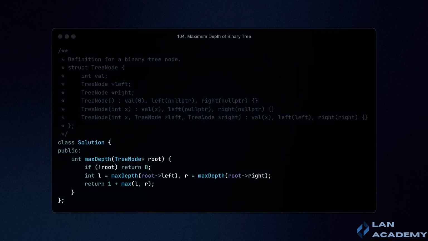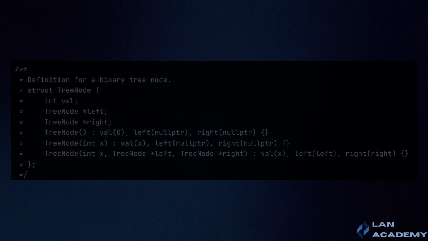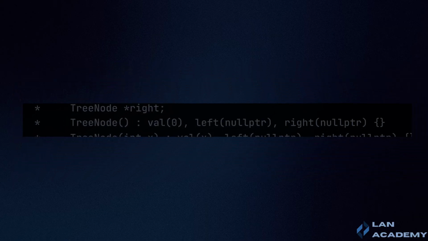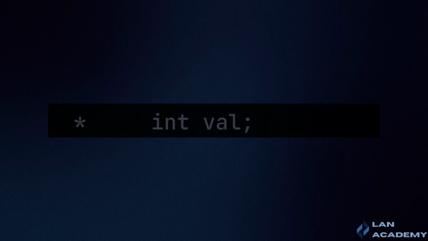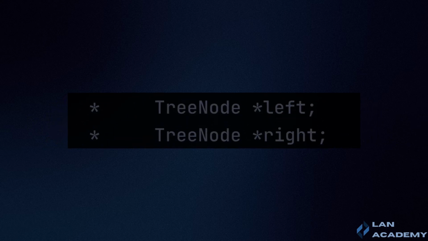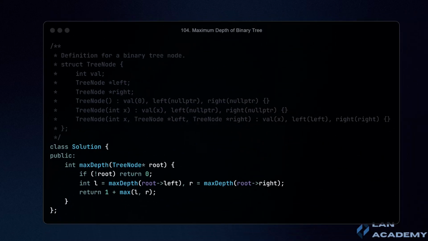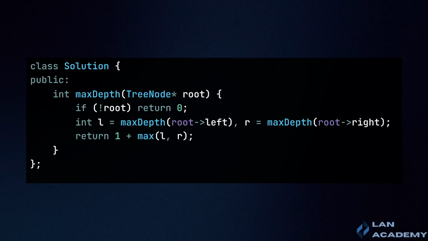In the TreeNode class, we get a node of the binary tree. A node has three parts: val, left, and right. Val is an integer value that stores the value of the node. Left and right are two pointers to the left and right subtrees. The two pointers are of type pointer to TreeNode, meaning they can point towards another object of type TreeNode. We then calculate the maximum depth of the binary tree given by its root.